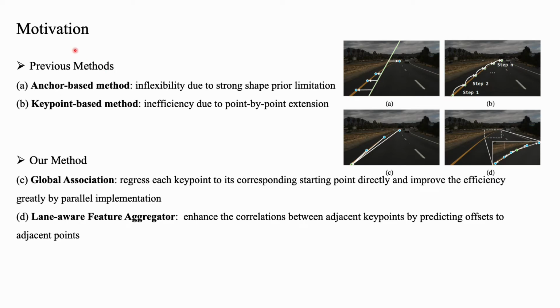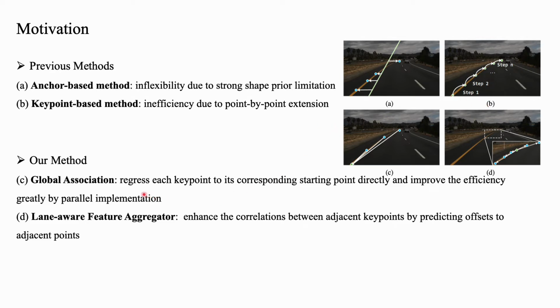Lane detection is a challenging task that requires predicting complex shapes of lines and distinguishing different instances. Earlier anchor-based works regress predefined anchors into various shapes of lines, which lacks enough flexibility to fit complex shapes due to the fixed anchor shapes. Lately, some works propose to formulate lane detection as a key point estimation problem, and group adjacent key points belonging to the same line in a point-by-point manner, which is inefficient.